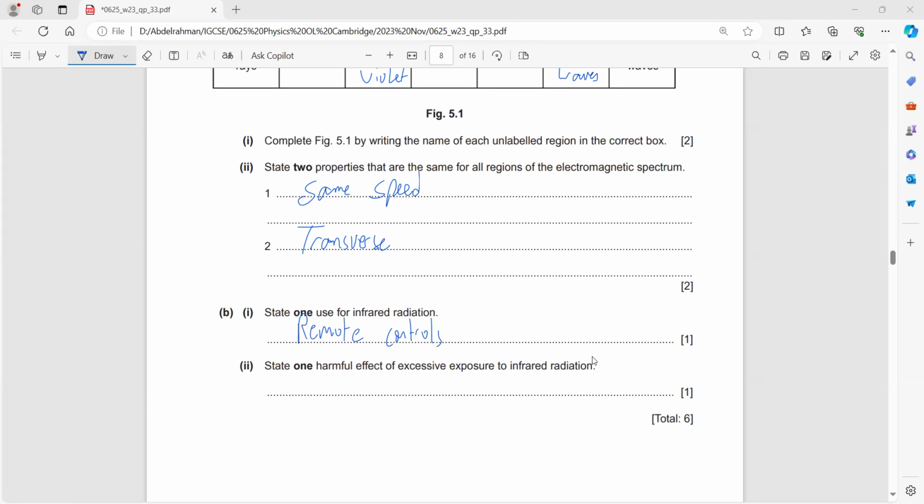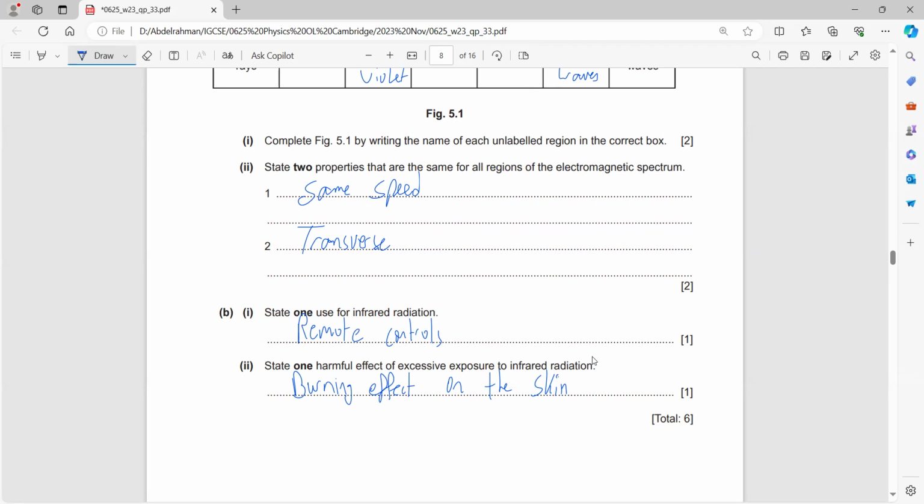Damage cells. Good. Look, especially when I'm talking about infrared radiation, it has to do with the heat. Right. Infrared radiation always has to do with the heat. So whenever I state one harmful effect of the infrared radiation, I have to talk about the burning effect, the burning effect on the skin. Whenever I have a skin burn, for example from the excessive heat, when I go to the beach or whatever,